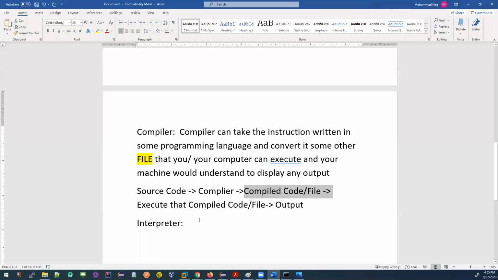But an interpreter will not do it. It will take the source code and execute every single statement, every single instruction that you have written inside your source code. It does not need a separate file. It's happening right away.